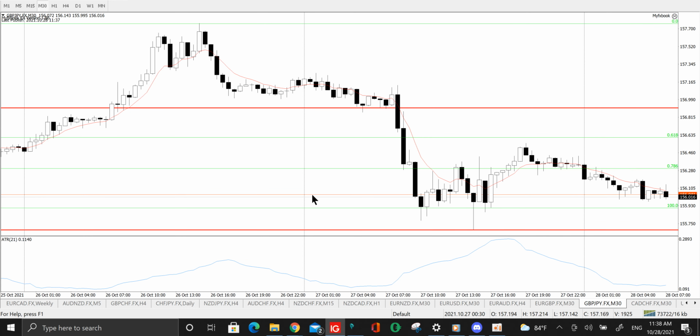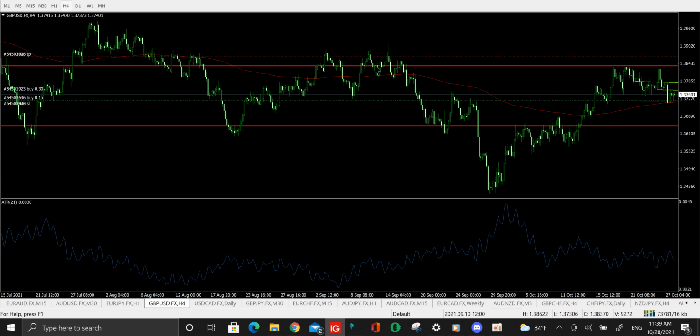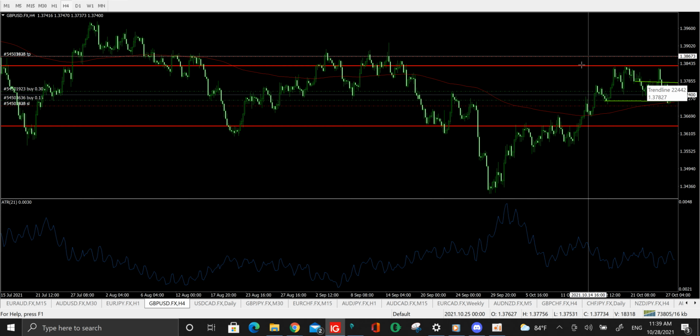Now, the thing about GJ and GU is that they are two totally different pairs, even though they both have a GBP in them. So I want to bring GU up, and we can look at them next to each other for a moment. Okay, here's the GU pair I have. We can see on the 4-hour time frame, GU is bullish, and it is currently testing an area of failed support.